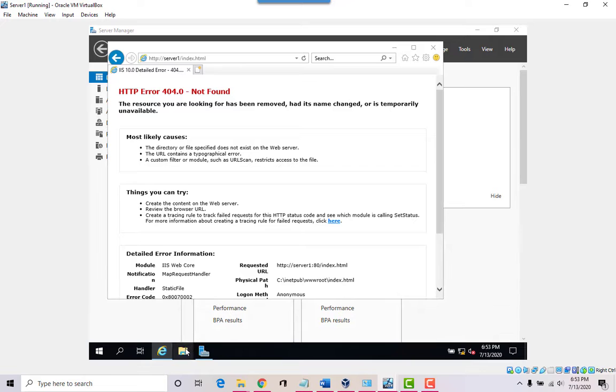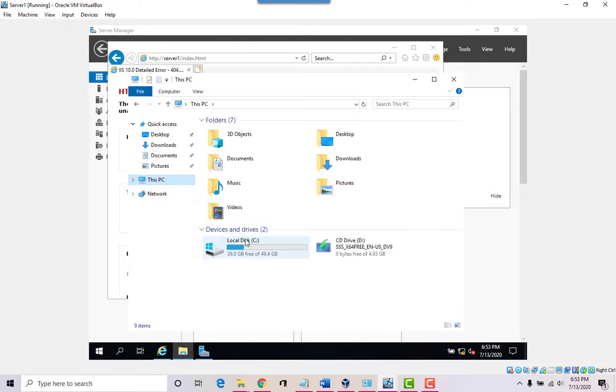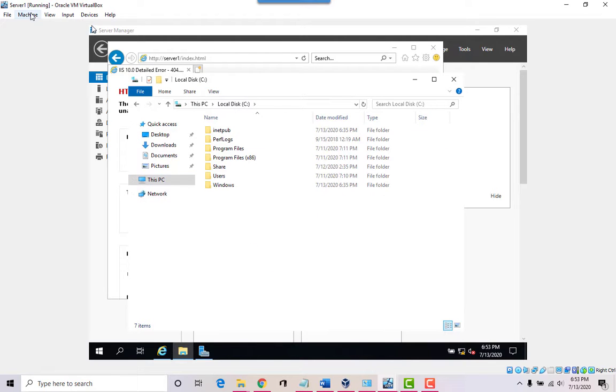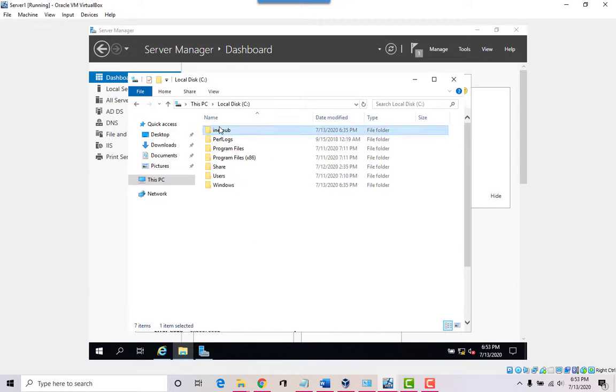If you go here to the Windows Explorer and we go to our C drive on the server, still on the server, there's this folder called inetpub, and this Internet Publishing folder. This is what's hosting the website, this website. So let's take a look at it and let's see what it's called.